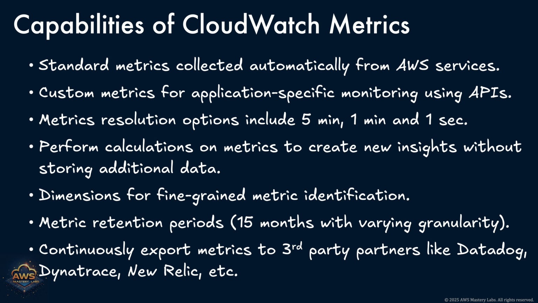The platform collects a rich set of performance metrics, including CPU usage, memory consumption, disk I/O, and network traffic, giving you comprehensive visibility into how your containers are behaving under load. You can also configure CloudWatch alarms using these container-specific metrics. Whether you want to be alerted when a container exceeds its memory limits or when a pod restarts too often,